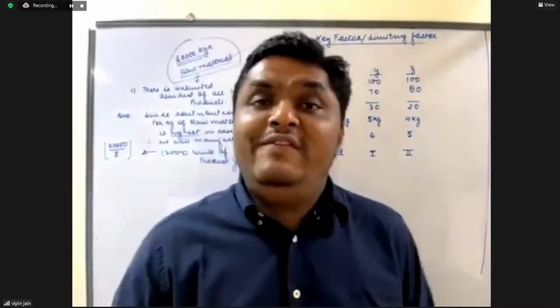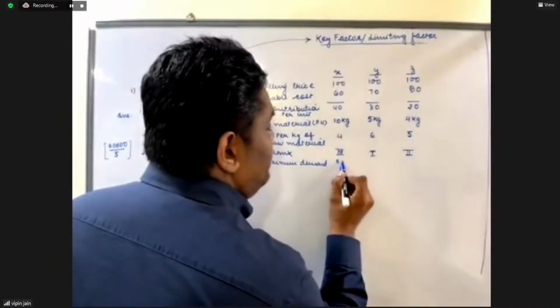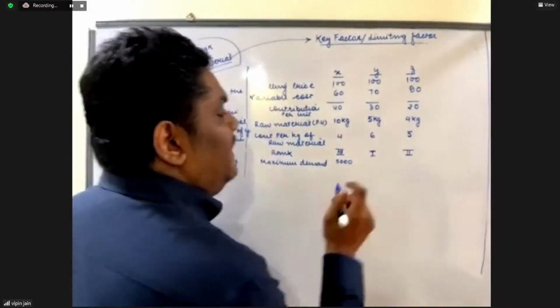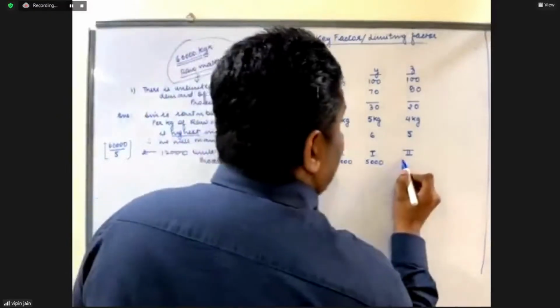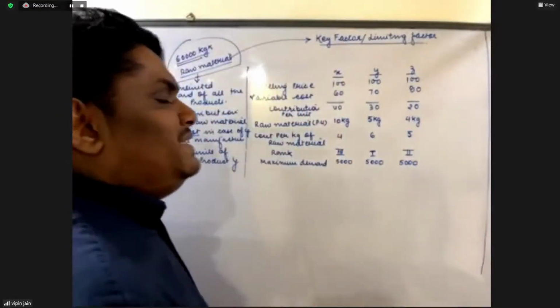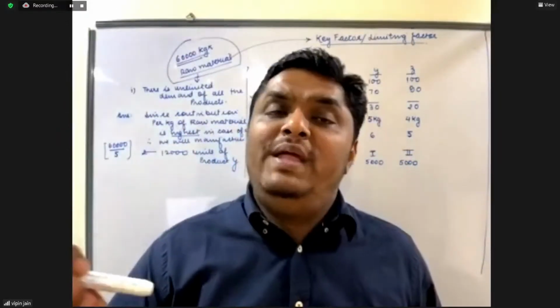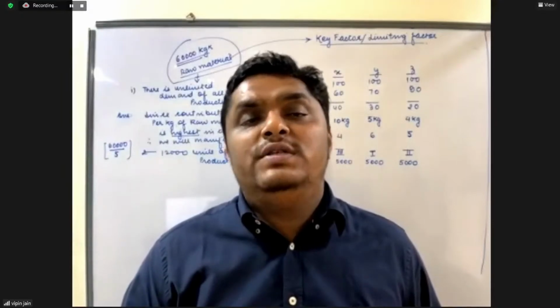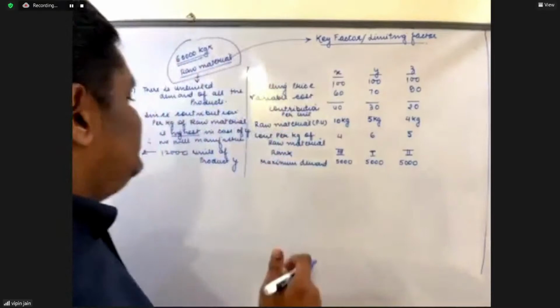This many units only we can sell in the market. Let's say 5,000 units in case of X, 5,000 units in case of Y, and 5,000 units in case of Z. There is a maximum demand. It is given in the question that max to max we can manufacture and sell only 5,000 units of a particular product. So here in this case,